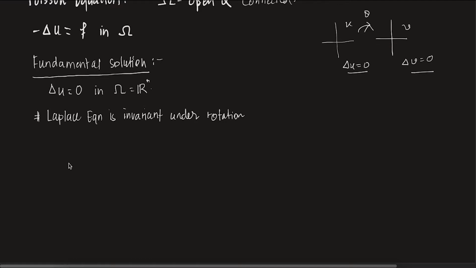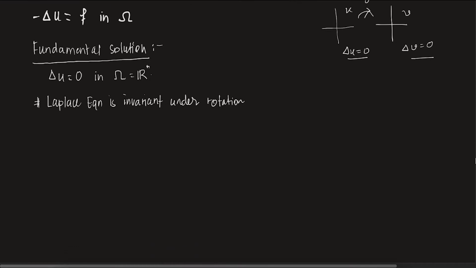Since the Laplace equation is invariant under rotation, what we can think of is to look for solutions. As you know, there are many solutions for this problem. For example, if you take u of x1, x2, ..., xn to be any coordinate function xi, then Laplacian u equals 0. Any linear function, like x1 plus x2 plus xn, will also solve this problem. Any constant will solve this problem, but we want something more fundamental, more non-trivial. So how do you get it?